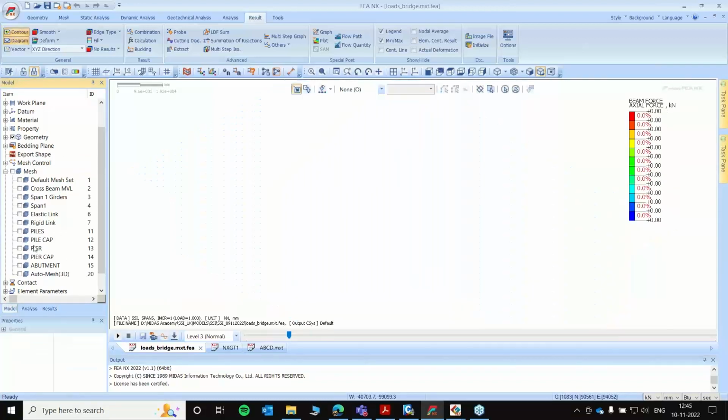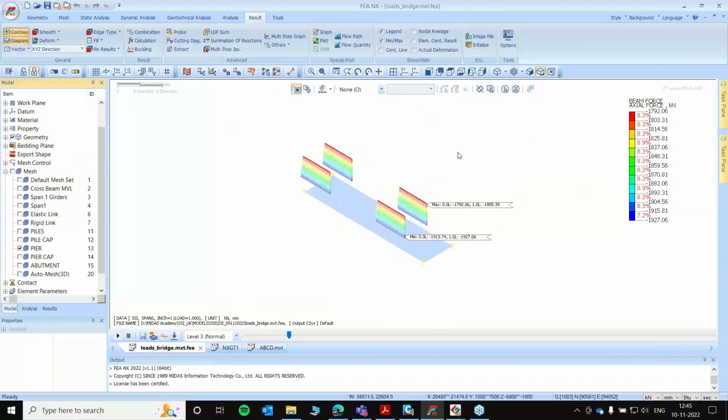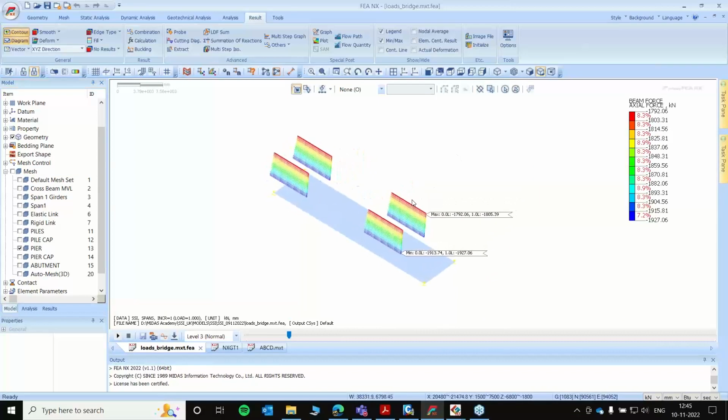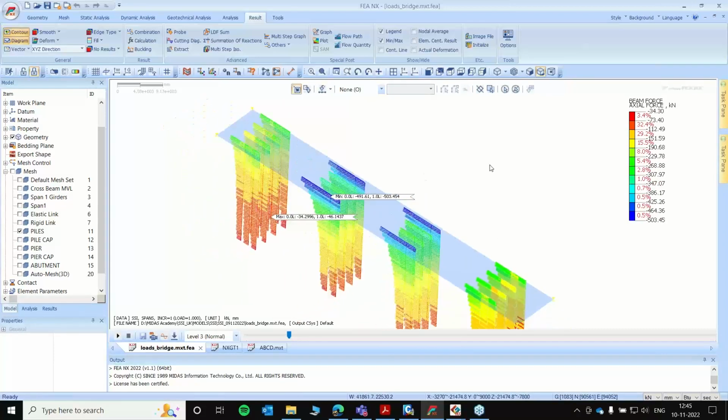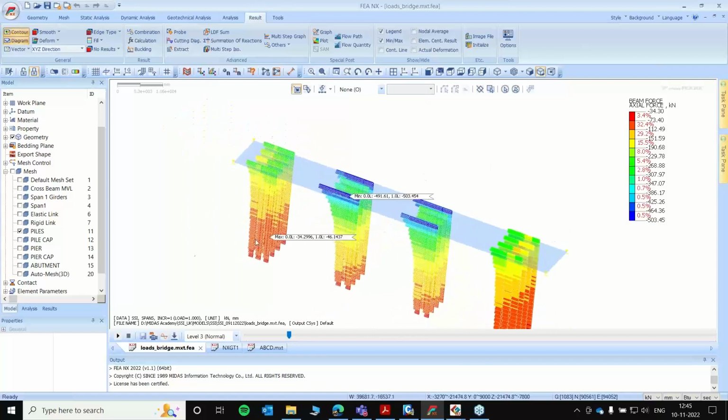Now you have to check for the pier, the axial force on the pier, on the pier cap, on the piles. Okay, same thing, bending moment, shear force can also be seen.